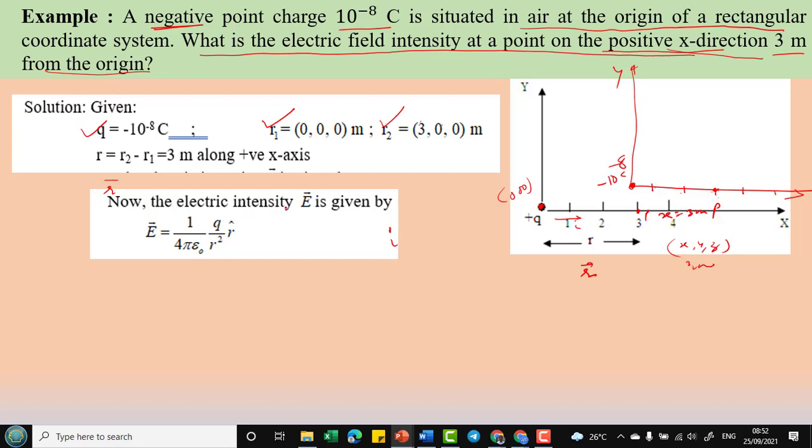So now the intensity of electric field E is given by E is equal to 1/4 pi epsilon naught Q over R square and unit vector R. So R जो है unit vector है and that is in the x direction, so I can simply replace it with I. ठीक है, 1/4 pi epsilon naught जो है इसकी वैल्यू हम लोग लिख सकते हैं 9 into 10 to the power 9. जनरली पता है अपने को, नहीं पता है तो you can substitute the value of epsilon naught and you can calculate it.